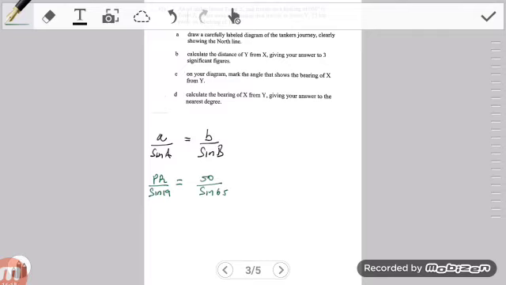Let's see, we can find the sine of 65. Okay, so sine 65 is 0.906. Now 50 divided by 0.906 is going to be equal to